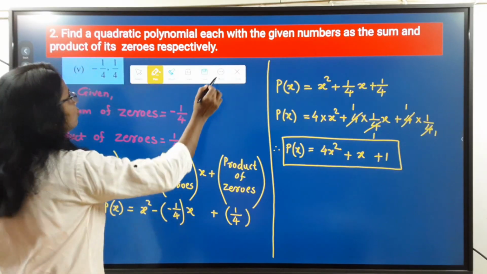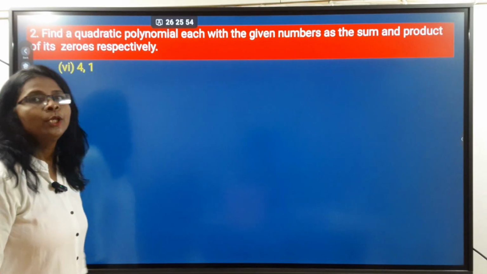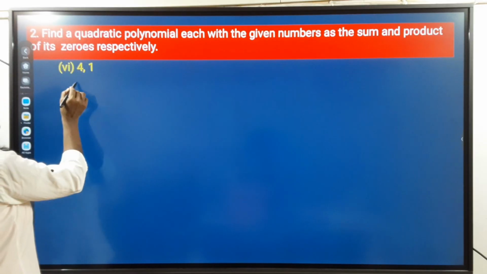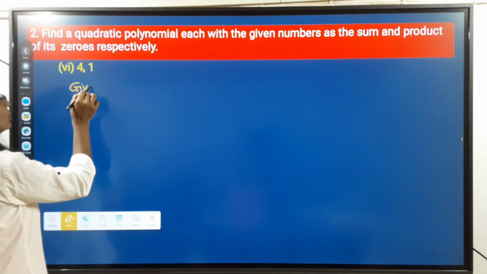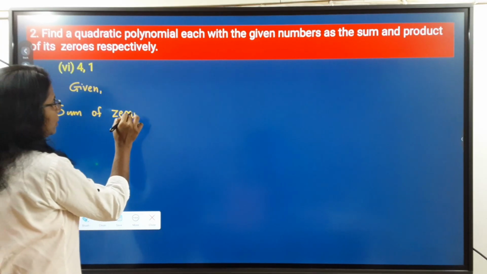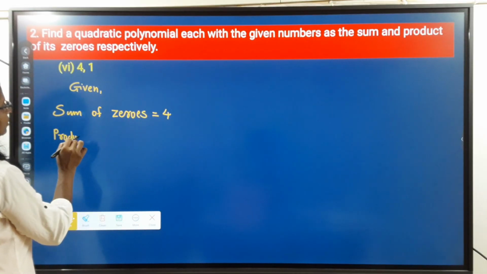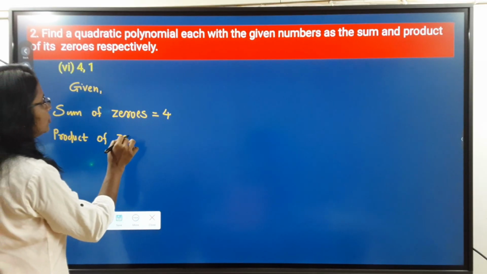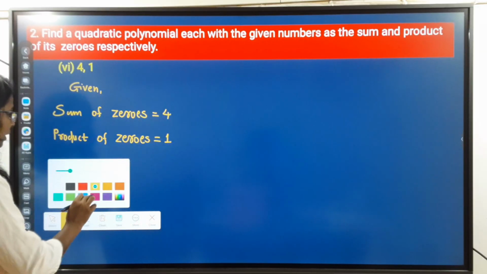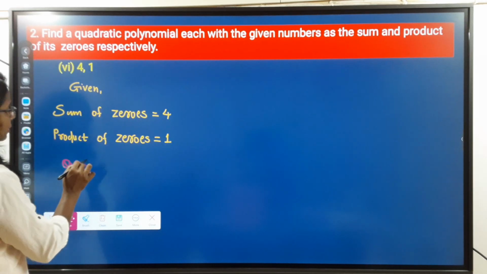Then next one example, students. That will be the second one example, and the numbers are 4 and 1. So now here first we write down the given, students. So sum of zeros is equal to 4 and product of zeros is equal to 1. Then write down the formula, that is quadratic polynomial